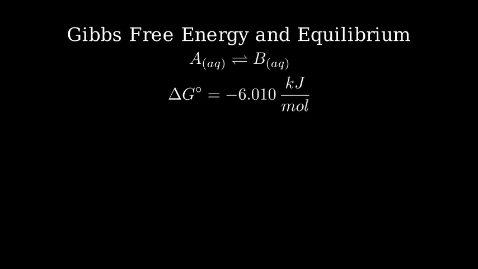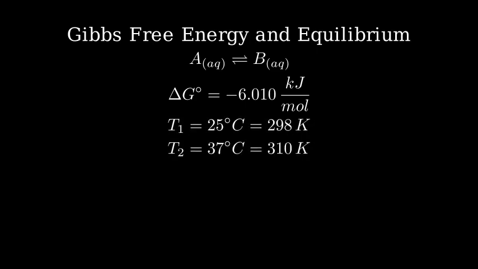Let's solve this problem involving Gibbs free energy and equilibrium constants. We have a reaction where enzyme A in aqueous solution forms B in aqueous solution. We're given that the standard Gibbs free energy, delta G naught, is negative 6.010 kilojoules per mole. We need to find the equilibrium constant at 25 degrees Celsius, and then calculate delta G at body temperature, 37